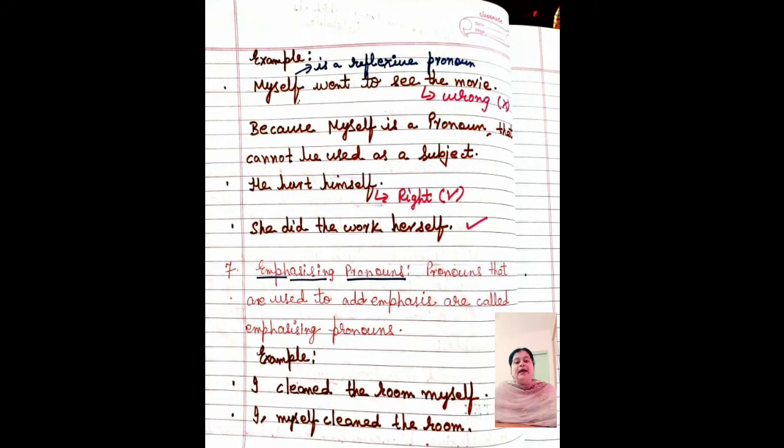I can also say I cleaned the room, simple. But here I will say I cleaned the room myself. I opened the door myself. I went to the market myself. I, comma, myself cleaned the room. Now this, I cleaned the room myself, is sounding like a reflexive pronoun. Yes. Now if I want to change it into an emphasizing pronoun, how will I change it? I will change it to I, comma, myself cleaned the room. So just after the subject I am adding the pronoun.